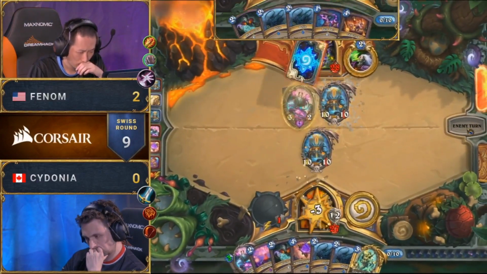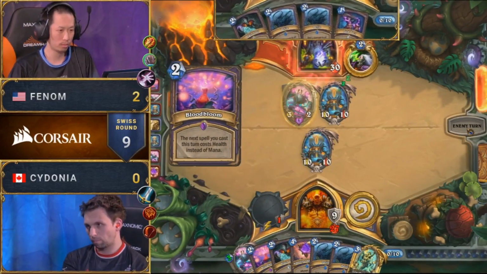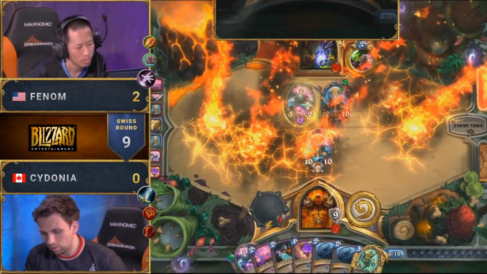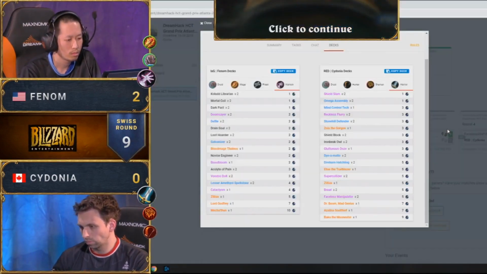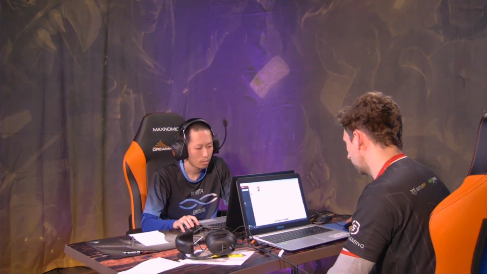Fenom hits 3, 4, 3. He's taken this series going 7-2 in the Swiss. Depending on tiebreakers, looking really good for that top 16 cut. What a unique lineup from Fenom. That was awesome. Well, okay, what a unique deck. Because we didn't get to see the rest of his lineup. He just 3-0'd Cydonia. Cydonia was out of there, he said. Bye, I'm gone. Okay. There's not much you can